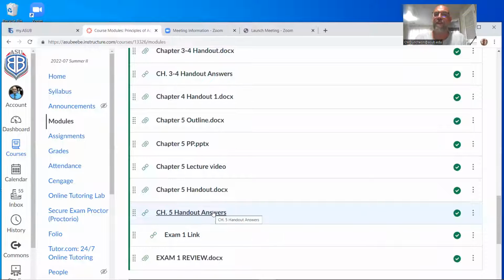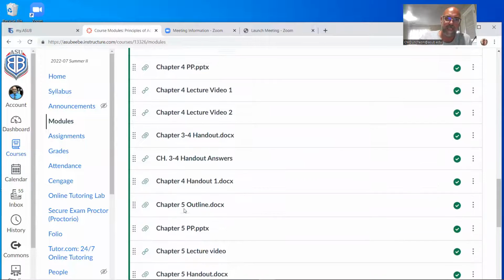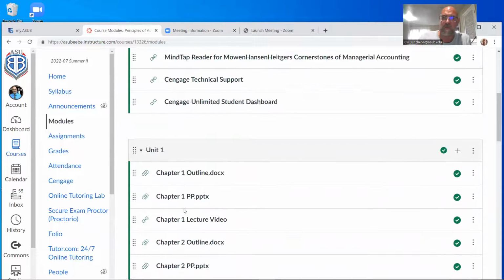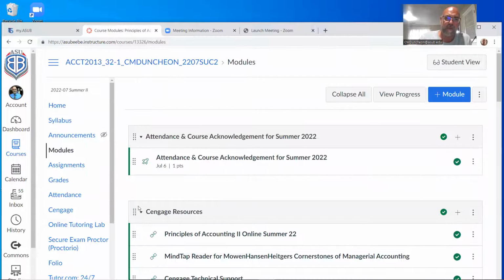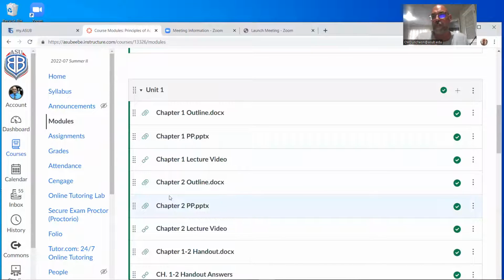Okay. You have a lot of stuff here. And at the bottom, you have your review document. Okay. And you also, well, I need to change this also. There's an exam link. Don't worry about the exams. We'll talk about those when it comes closer to the date. But I'm going to put all of them in a little grouping up here in your modules. So all you have to do is go to the exams. The main thing I want to know is in your units, in your modules, where you're going to find all the additional resources that I have gone through and provided for you.